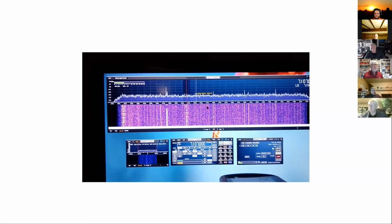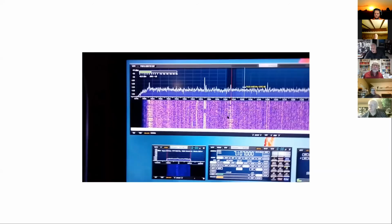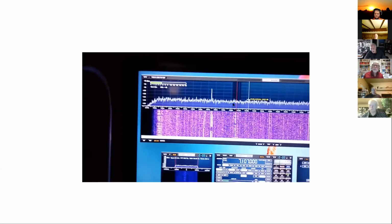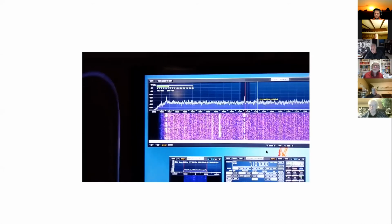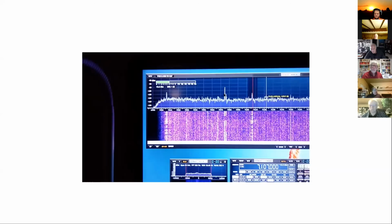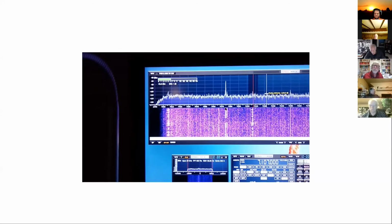Okay. This is what happened the other night on the 40 meter band. You can see this line here. That's the carrier of the AM signal. And you can hear I've got this on AM mode here on 7.107. It's coming in now. Also over here, I don't know why I didn't flick the over here too. Same thing. And if I play,